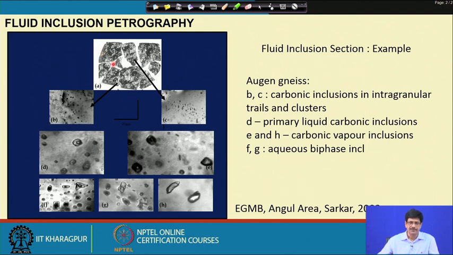So, as you see here, as I discussed before, we generally make a fluid inclusion section which will be at least about 3 centimeter to 2.5 centimeter square, but the fluid inclusion stage, the photograph which I showed, will not be able to accommodate the entire section. It is also not advisable to put the entire section into it, because it will be difficult to do that.